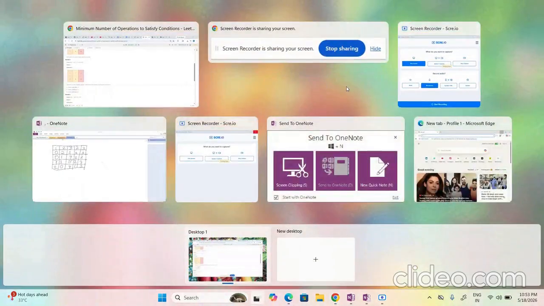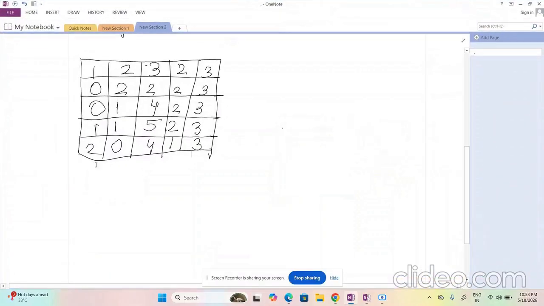So for example, if I'm taking this test case, what we are actually doing here is, if you see, this is the complete column, I would say. So this is having 1 0 0 1 and 1. So if you want to convert it into a single element type, like if I want to make the complete column value the same, for example 1, then how many operations will I have to do? 1 here and 1 here.